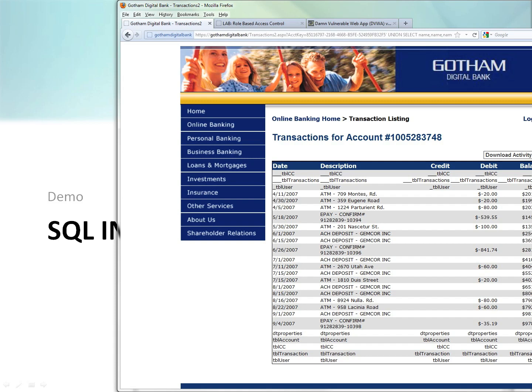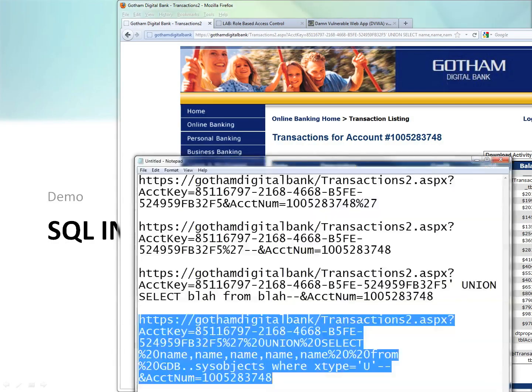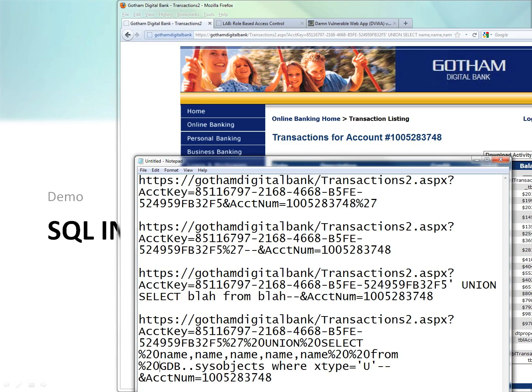And so now when I run this query, I'm getting a listing of all the tables within the GDB database. So there's definitely some interesting ones like table user. There's one called TBLCC. So let's go ahead and go for that one. The query we're going to use for that is